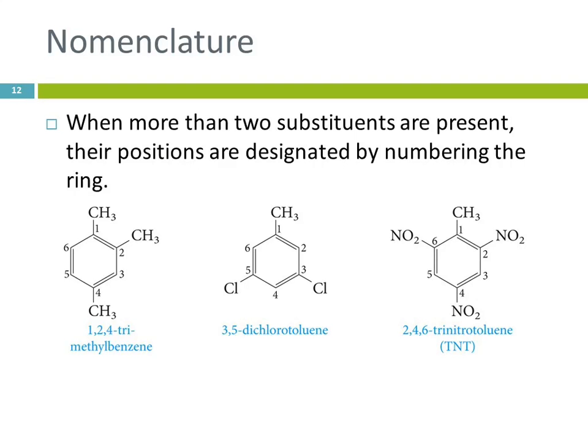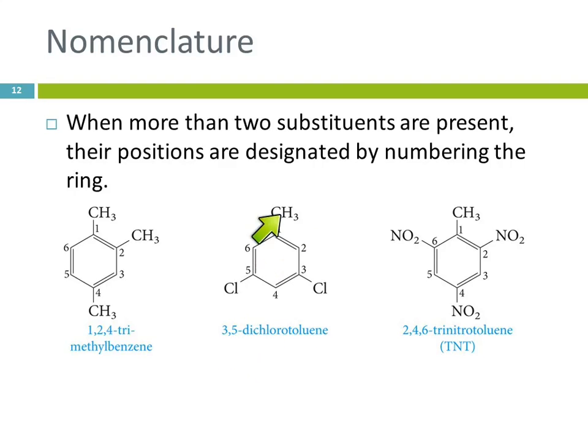If you have more than two substituents, then you have to use the numbers. And here are 3 examples. So this one, 1,2,4-trimethylbenzene. This one is